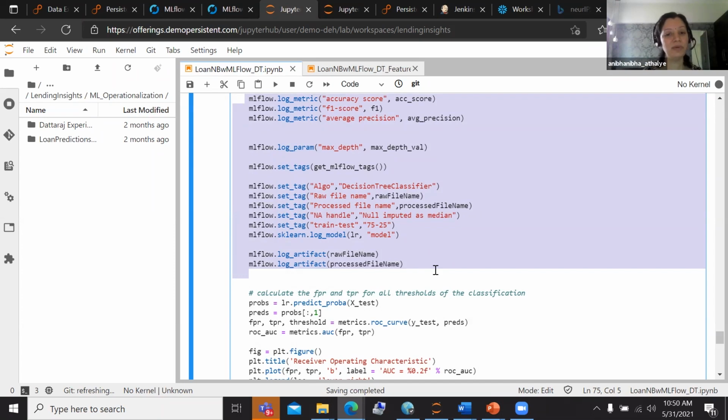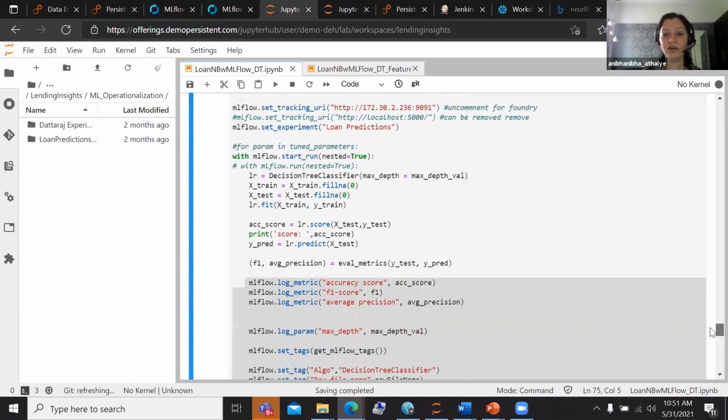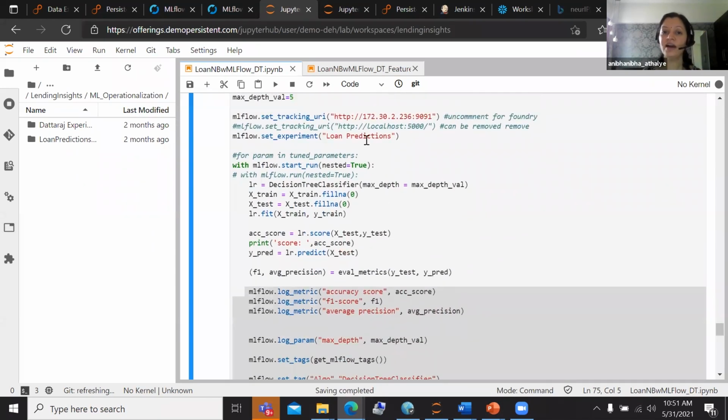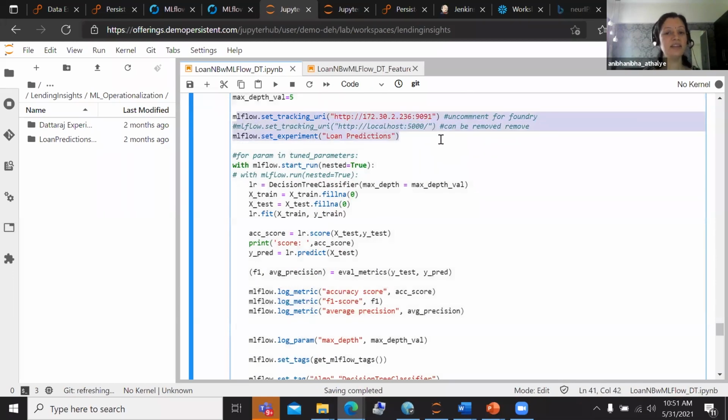You can define multiple tags, multiple parameters, and multiple metrics against which you want to track. So all that you need to do to enable logging data is set an MLflow URI and set the experiment against which you want to start logging.